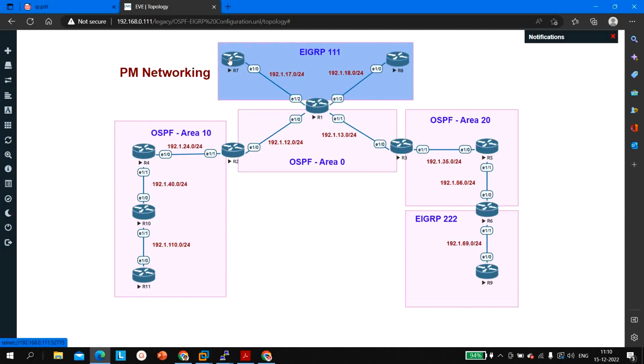Okay, so here as you can see in this topology I have mentioned IP addresses. So first of all let me show you how I have configured IP addresses on the interfaces of the routers. So see, between router 1 and router 2 I am running the 192.1.12.0/24 network. So 12 is from router 1 and 2. So here on the router 1 interface I will configure 12.1 and on the router 2 interface I will configure